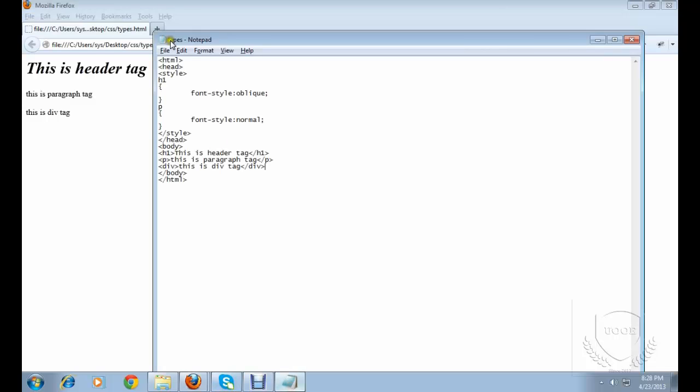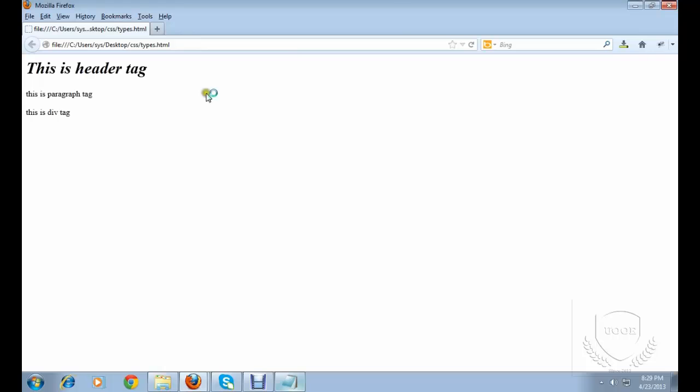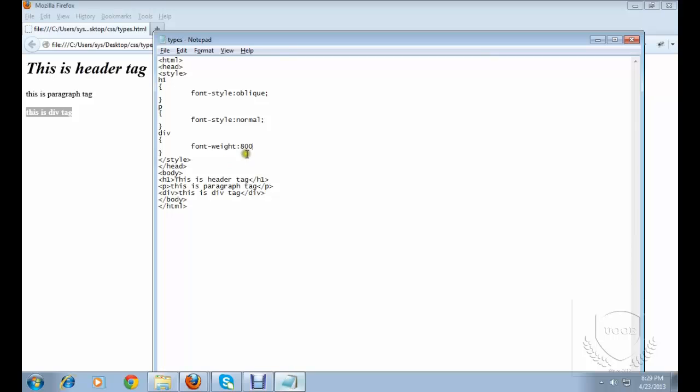Suppose I'm going to change the div font weight. Div open brace, close brace. Weight something like 800. See here, let me check. Yes, if you see here, I'm giving font weight 800, so the weight of the font has